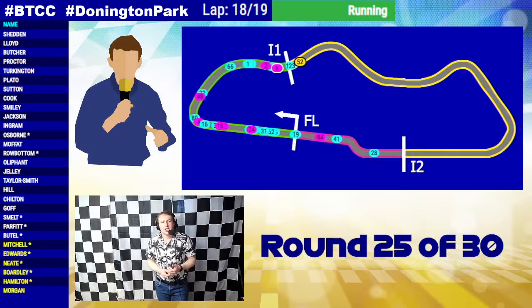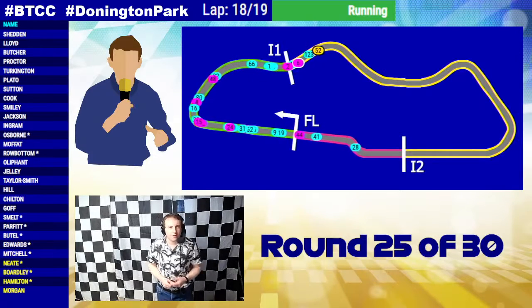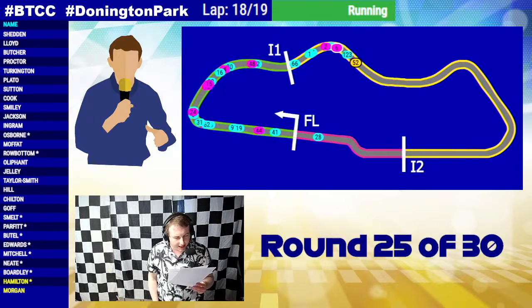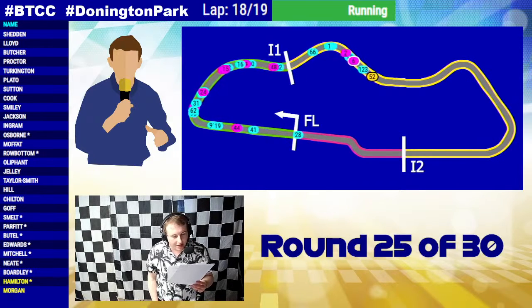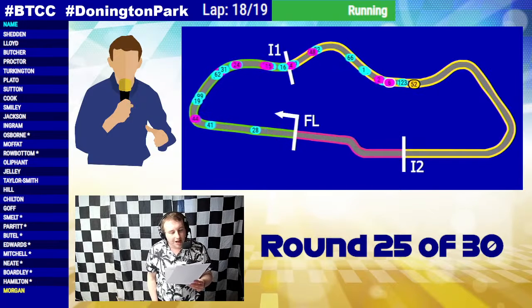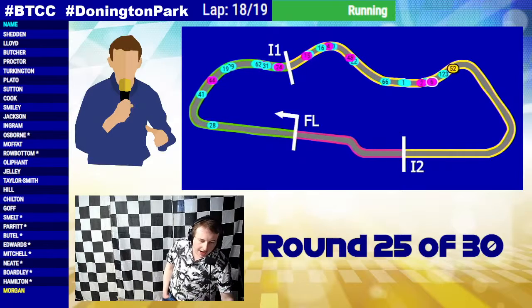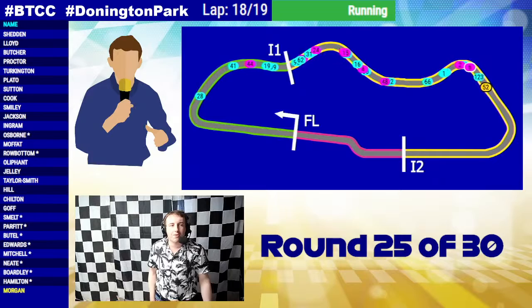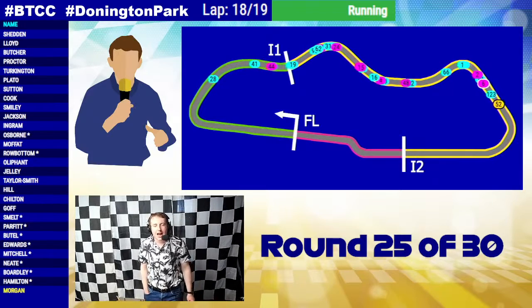Penultimate lap then. Shedden on course for victory. Just taking a look at my notes here. This will be Shedden's first win since returning to the touring cars. He's had 3 second places and 2 third places, but he has never taken a win this season. It will be a new winner in the touring cars and proof that Flash is back at a track he